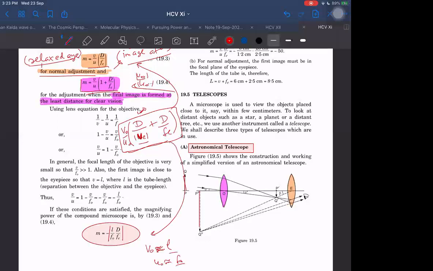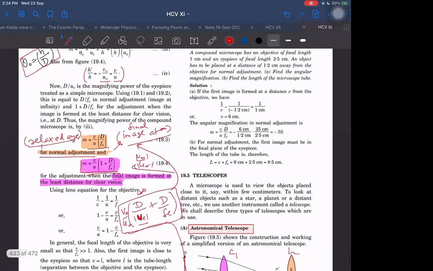But when they don't give U naught equal to F0 and when they don't give V naught equal to L, then obviously that will not be valid. And in some cases, let us say they are naming it a compound microscope, although they are calling it a compound microscope, but they are giving U naught less than F naught, or U naught greater than 2F naught, or U naught equal to 2F naught. In such cases, don't even call it a compound microscope. Start doing everything from the basics, taking these as lens 1 and lens 2, because then we cannot trust any of these formulae.